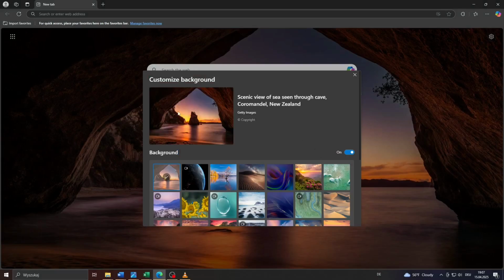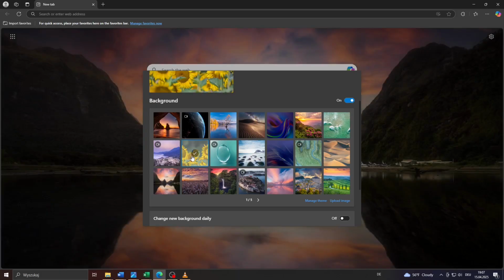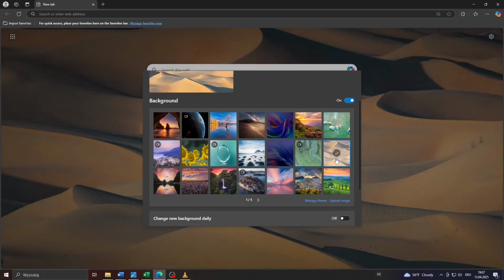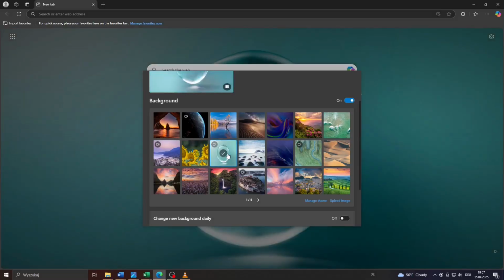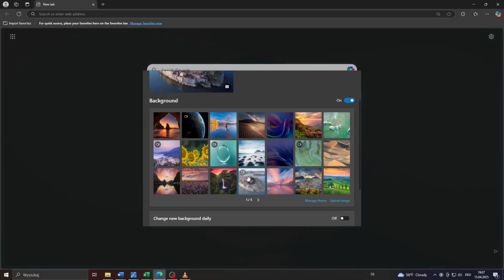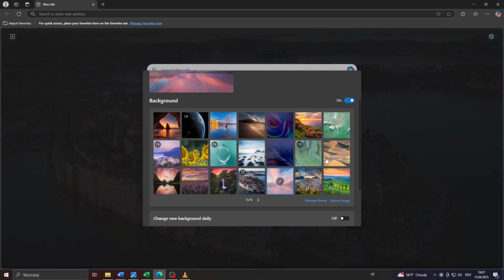So what you want to do after that is go through that library of backgrounds here to pick one of Microsoft Edge's backgrounds. If you like these, simply click the one you would like to use. Some of these are images, some are animated backgrounds, like short video clips, for example. So pick the one you would like to use. Also make sure that your background is turned on here by toggling it on to